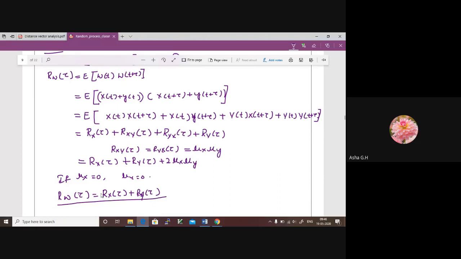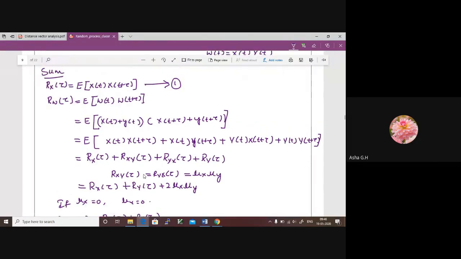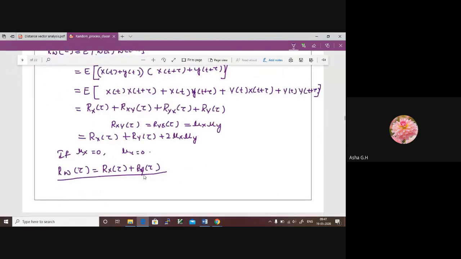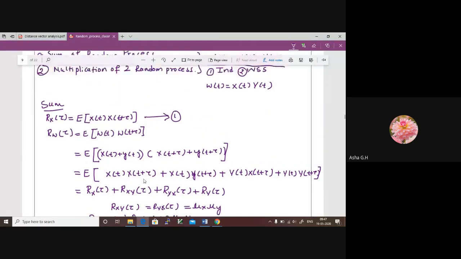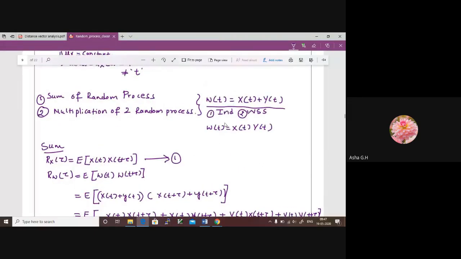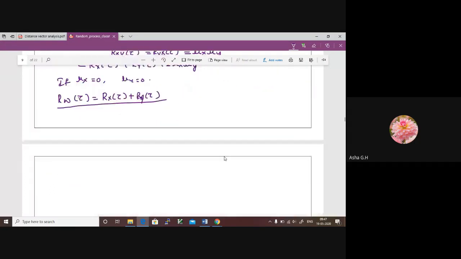So now based on this, there are some examples, maybe based on the condition. Now when you know this much, I think it will be very easy for you to go through and solve the problems. We will see about the problems later. Now I will try to discuss the next concept, that is product of two random processes. When we deal with product of two random processes, it is still easy because we can directly apply the condition for independent random processes and we can straight away write the autocorrelation function.